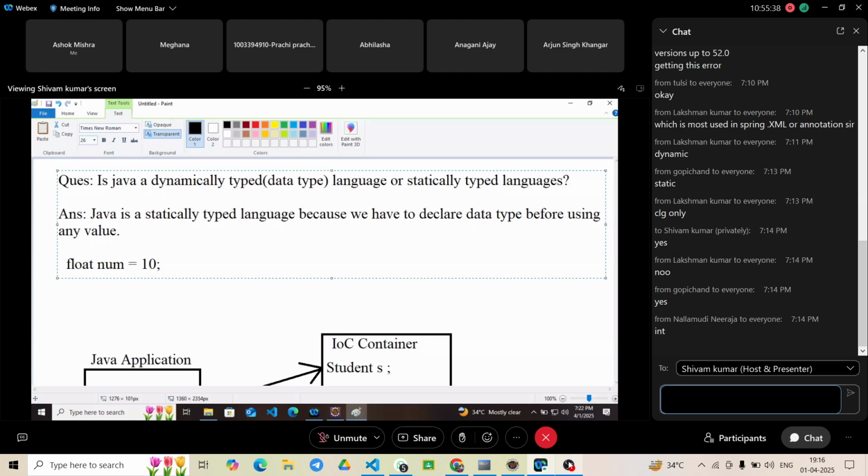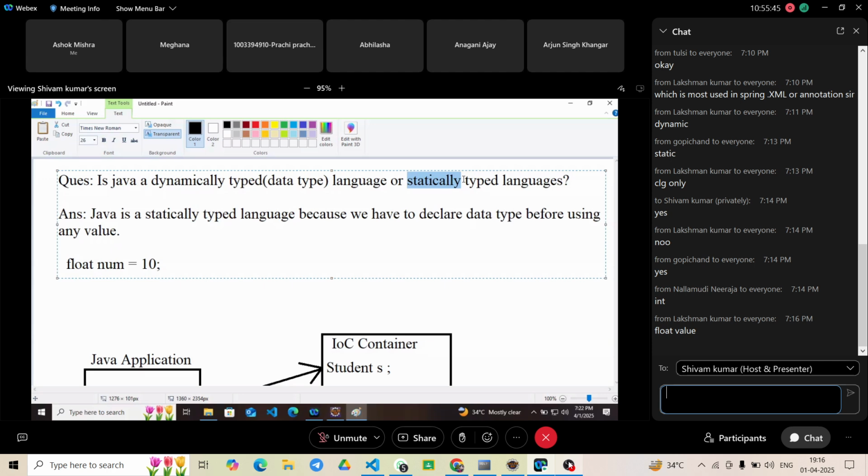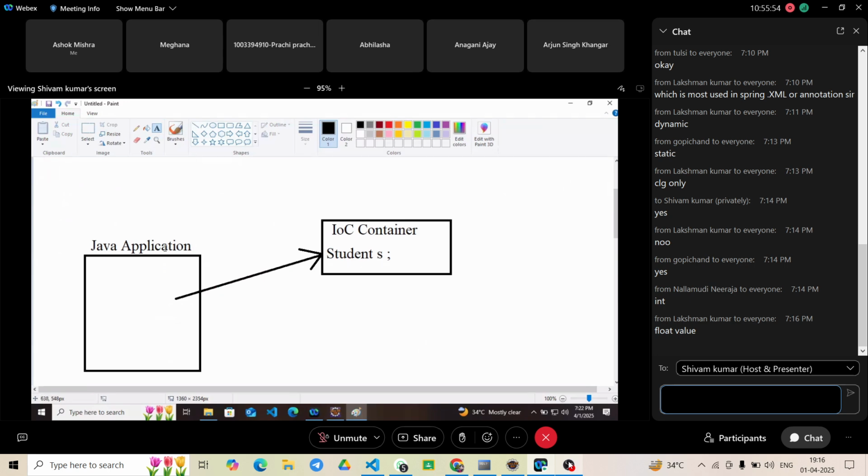Anyways, let's take our discussion back to statically typed language. Java is a statically typed language because we have to declare the data type at the start itself. Now we are coming to this particular part. Let's say you have a Java application, any application, and there is an IOC container which is managing the object of the student class. So can we say that object is like a,